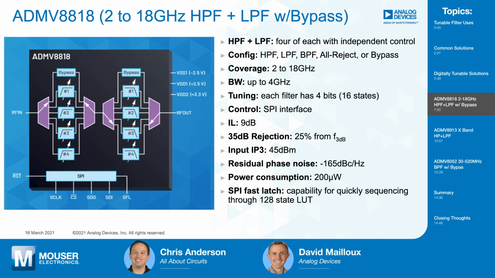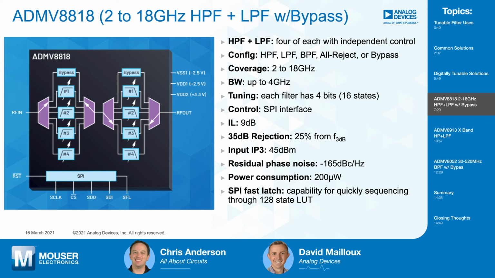Each filter within this product, each high pass and each low pass filter, has 4 bits of control. So there's 16 states to adjust the cutoff frequency of that filter. Typical insertion loss is about 9 dB, and the rejection is about 35 dB, 25% away from that 3 dB cutoff frequency. The linearity is excellent, typically 45 dBm input IP3, and the residual phase noise is typically minus 165